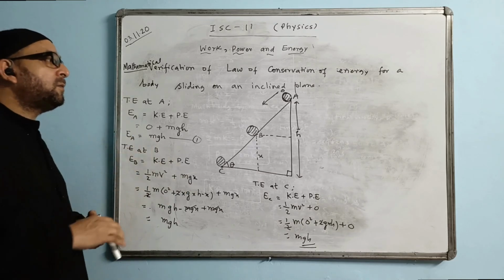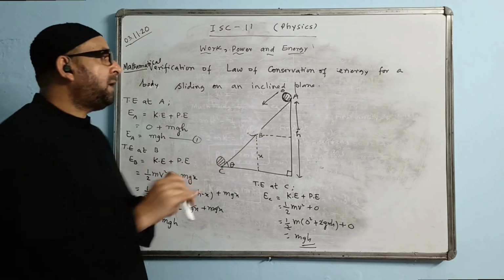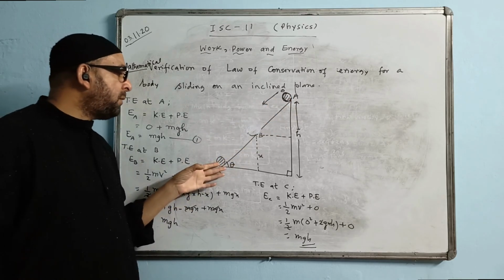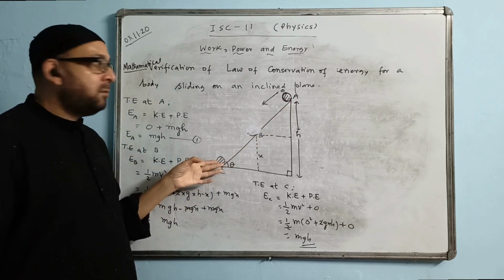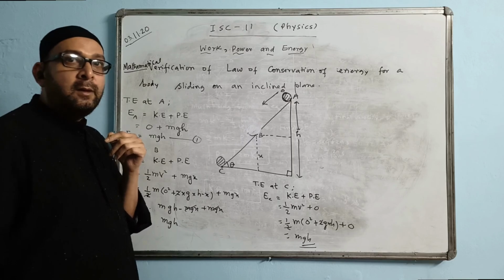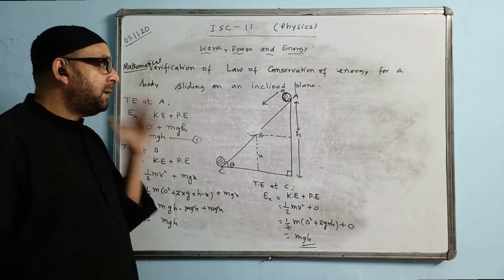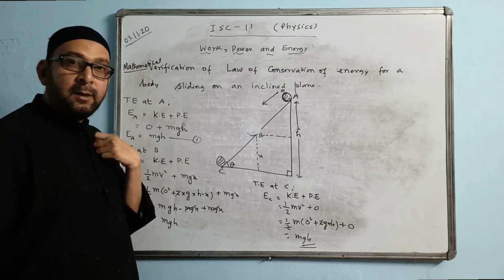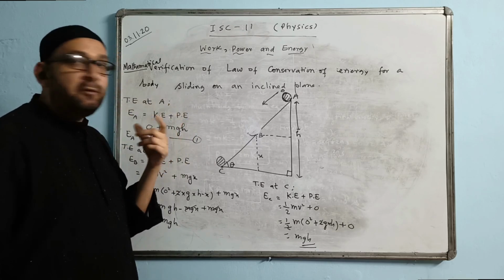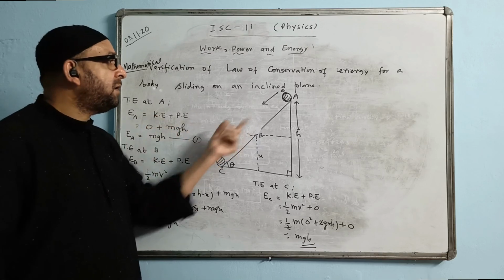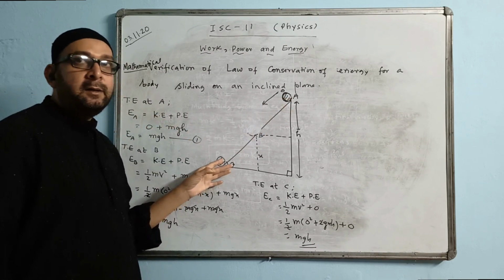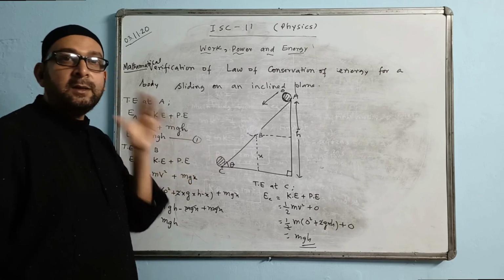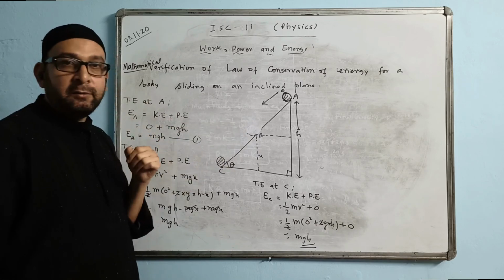Now one thing to be observed: suppose the energy at the point A is 100 joule and the energy at the point B becomes 80 joule. It's not becoming equal. Does it mean that energy is not conserved? Energy has to be conserved. That means there is some loss of energy due to friction. What is the difference? 100 here and 80 here. The difference is 20 joules. That much is the energy lost due to friction.